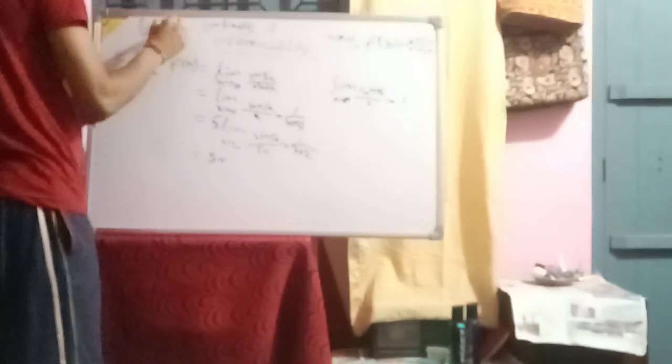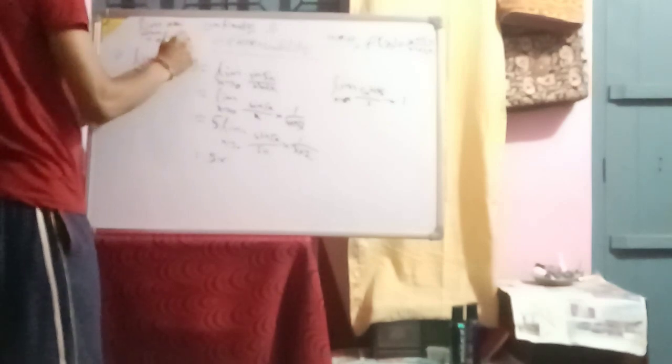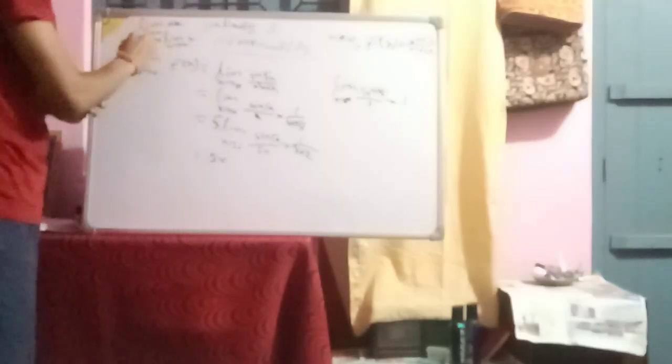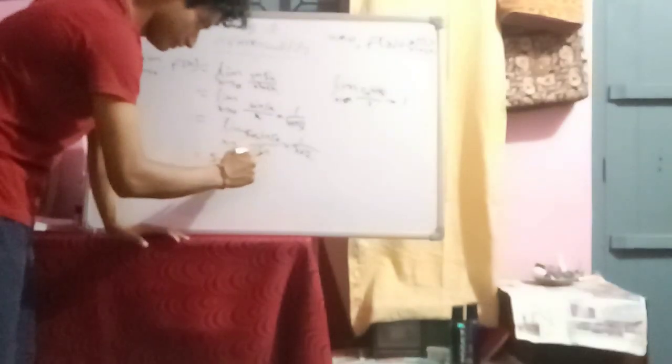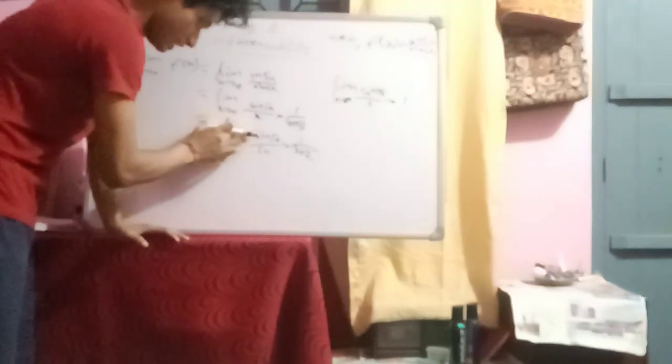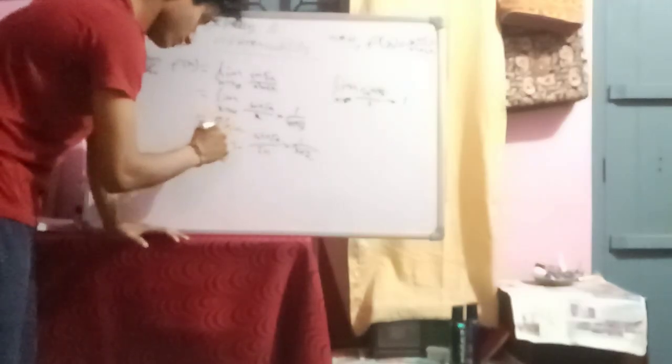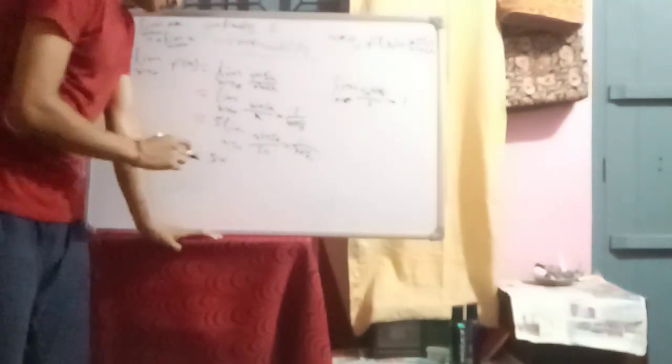limit of x tends to n of a times x is the same as a times limit of x tends to n of x, because the value of a is not dependent on x. So if I had written it as the limit of 5 times sine 5x over 5x, writing it like this and writing it as 5 times the limit of this thing would be the same thing. So I can rewrite this as 5 times 1,